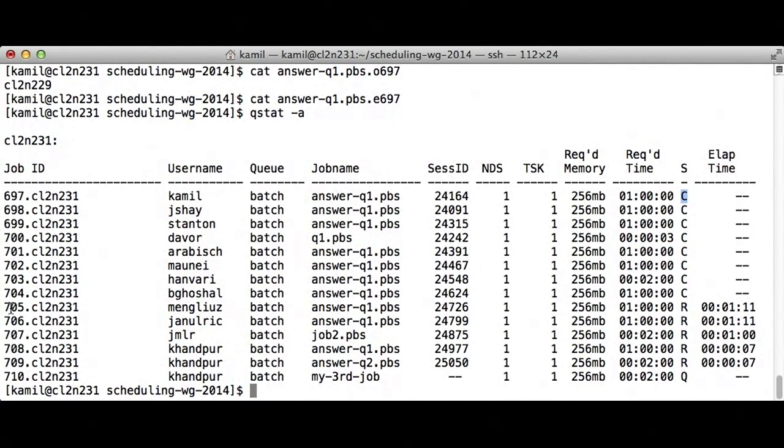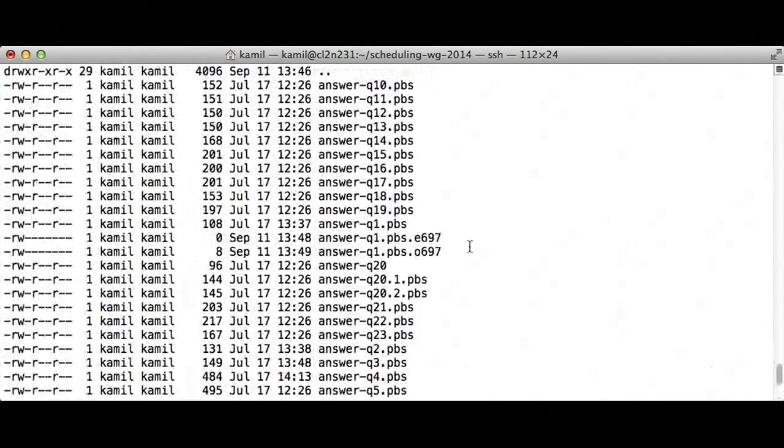When you do a qstat, sometimes you see state C. That means that the job has completed. And also note that each of these jobs has a job ID. So each successive job gets a new job ID, as well as a job name, in this case, based upon your script name. Now, if you run your second jobs,